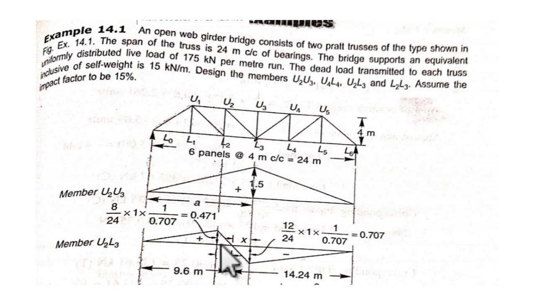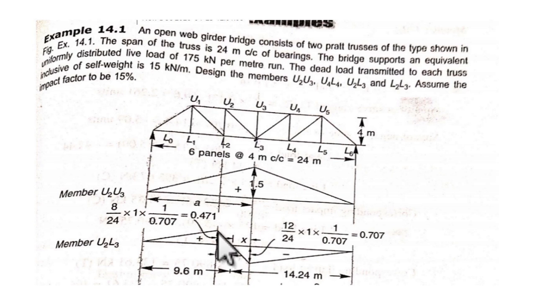So what we need to do is find what this ordinate is and what this ordinate is. Basically you are having a variation from positive to negative, so the ILD will have both compressive as well as tensile forces. This is what diagonal members and vertical members are subjected to. They'll be carrying a combination of both tensile and compressive forces, whereas top chord members and bottom chord members will have either compressive or tensile forces.